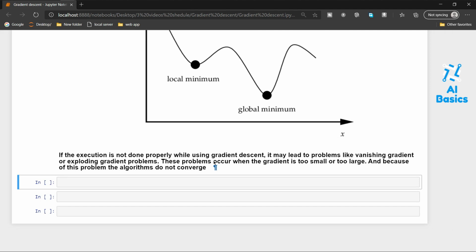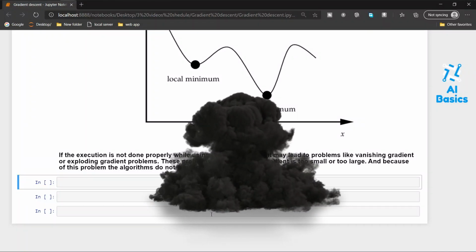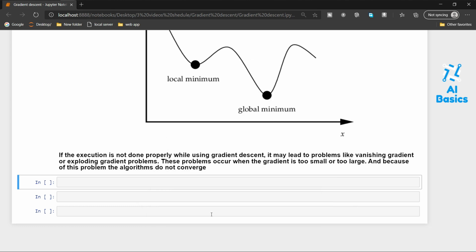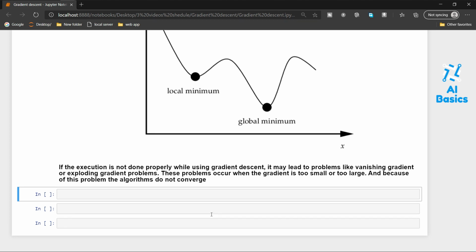And there is another problem. Sometimes you will get vanishing gradients and exploding gradients. This is a major problem in neural networks. What happens exactly is that with vanishing gradients, your gradients end up at 0, or sometimes your gradients end up with very large numbers. That means every iteration your gradients will increase exponentially. That is the main problem in neural networks while using gradient descent.